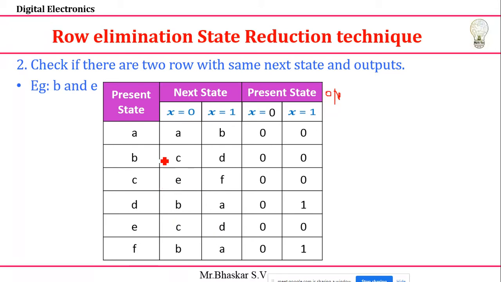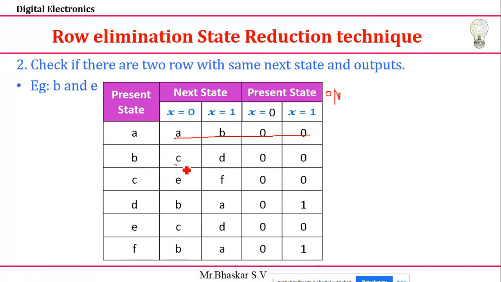Then the second thing. See how you need to do it. You need to go row-wise. You check AB 00. Anywhere AB is there, check it first. Here BA is there, which is okay, but the output is 00 and 01, so this is not a match.